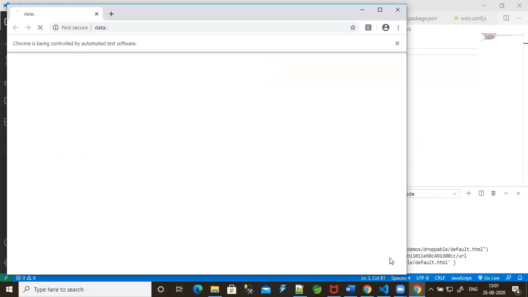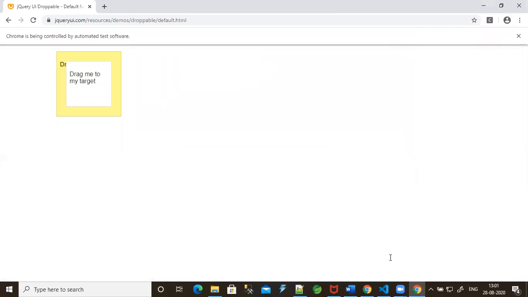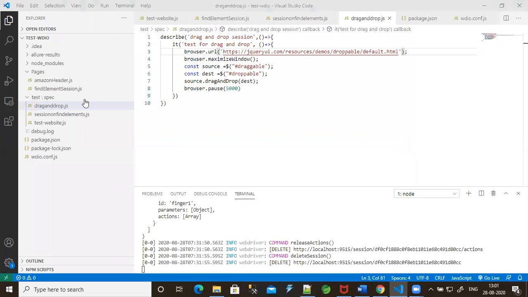Browser has launched. URL has been entered. Need to maximize the window. Window has maximized and the drop action has been done. Well, this is good.